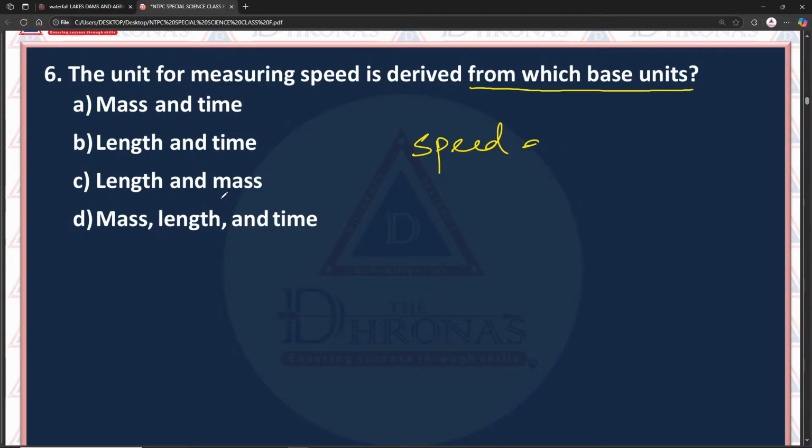B, correct. Length and time. स्पीड का फॉर्मूला है डिस्टेंस बाय टाइम। यूनिट ऑफ स्पीड इन SI मीटर पर सेकेंड।